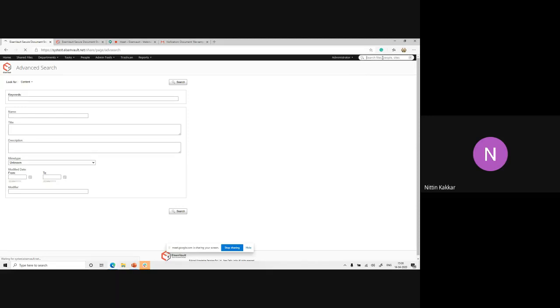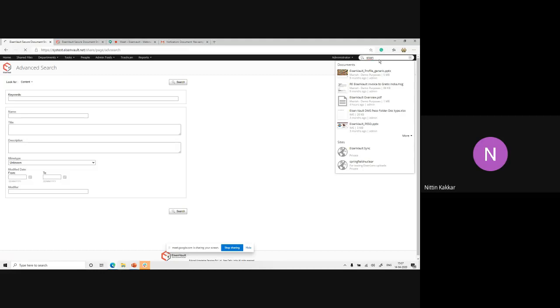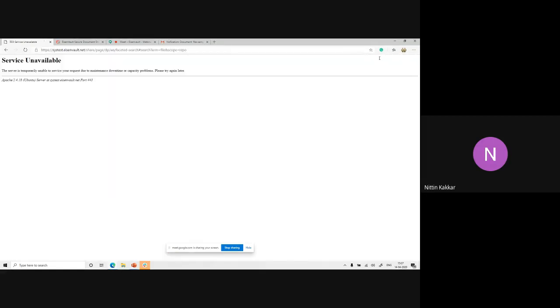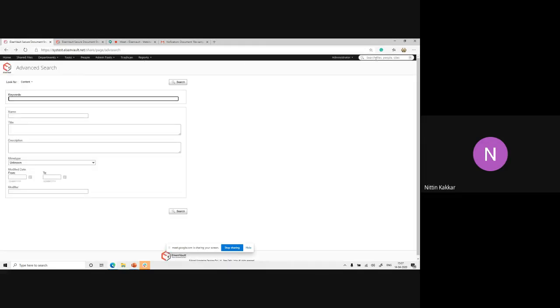Search for anything. Search for a file. You can type in the word Eisen. As you see, with the word Eisen it's just taking you to the file names with Eisen.